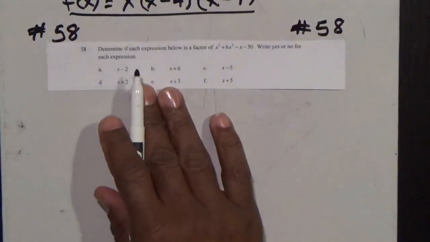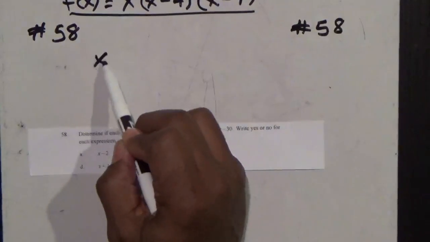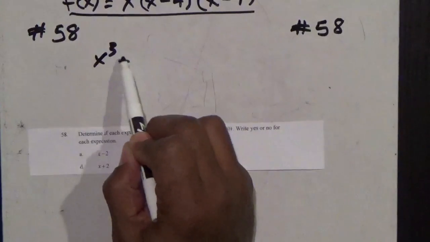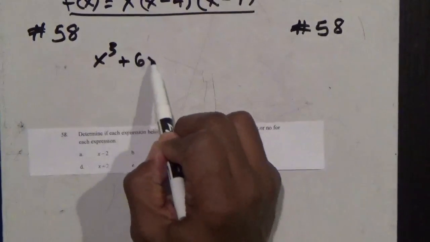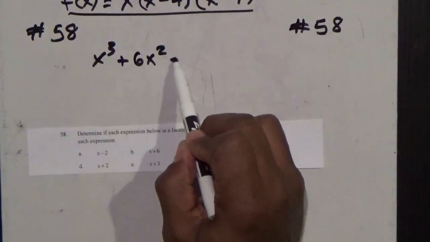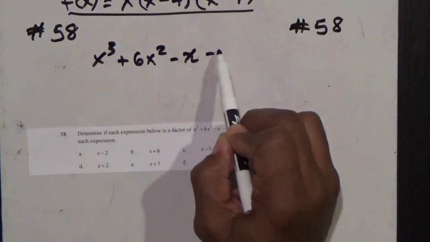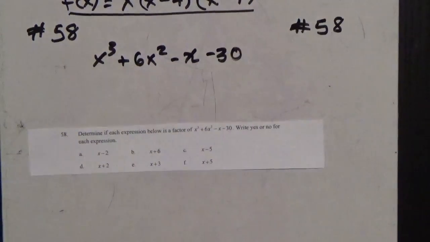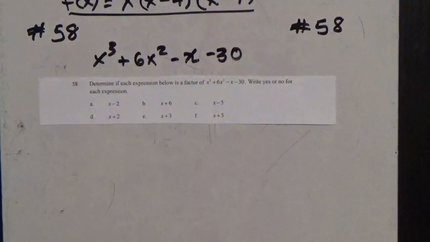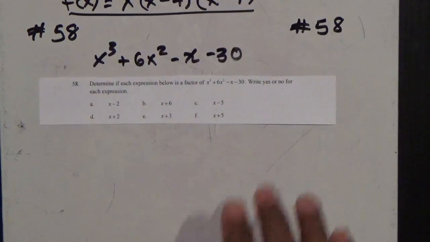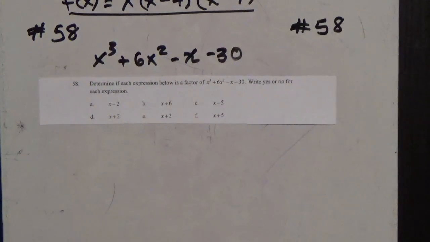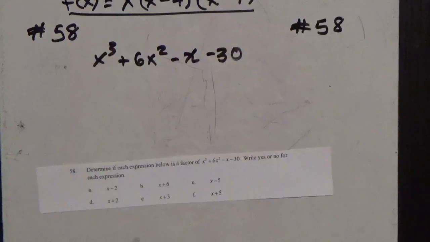Alright, and for this problem there is one. You've got x cubed, this is a third degree, and this is 6x squared. We don't have to placehold in order to use synthetic division, and all we want to do is use synthetic division. We're using the remainder theorem to find out whether or not we have a remainder. And so basically there's 6 problems here. Alright, the first one,